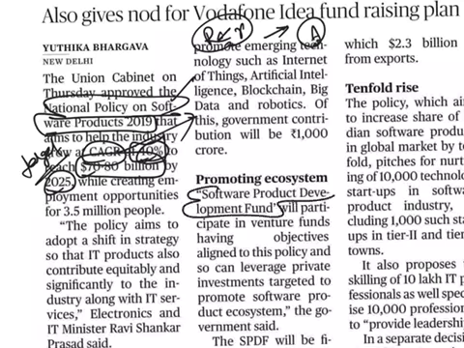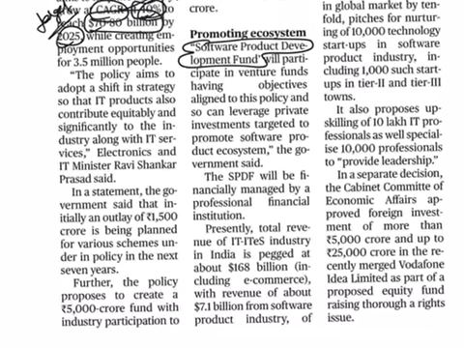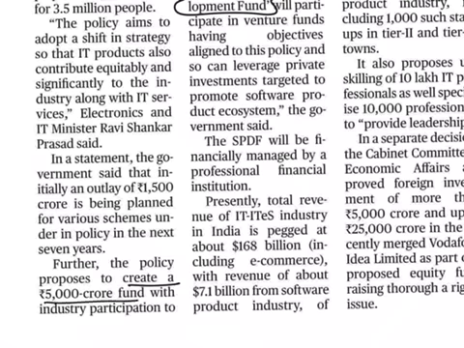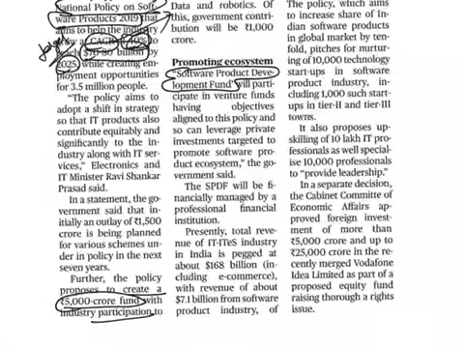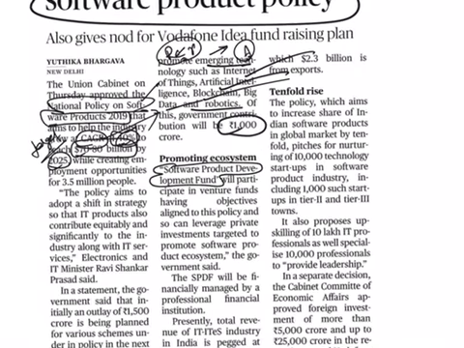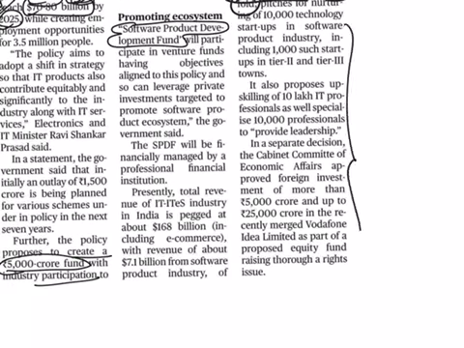One is to set up a software product development fund which will bring in the funds to achieve this target, and to create a 5,000 crore fund with the industry participation to promote emerging technologies like Internet of Things, Artificial Intelligence, Blockchain, Big Data and Robotics. Out of this 5,000 crore fund, 1,000 crore will be granted by the government itself. Here the aim of this policy is to increase the share of Indian software products in the global market by 10 times. So to attain that aim, these are all the things that the government is going to do.